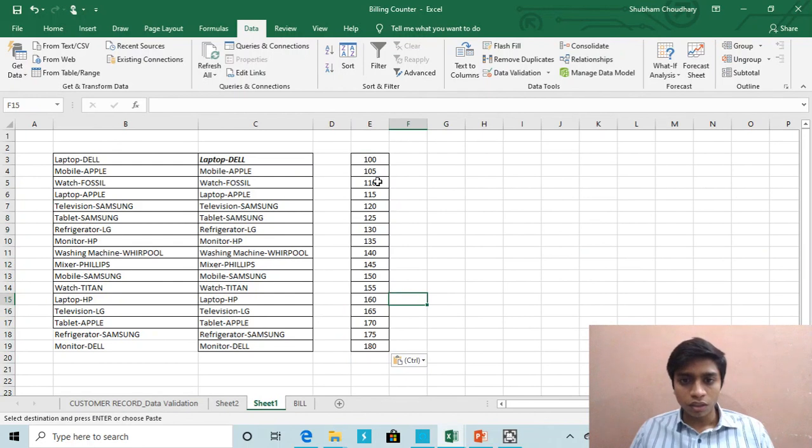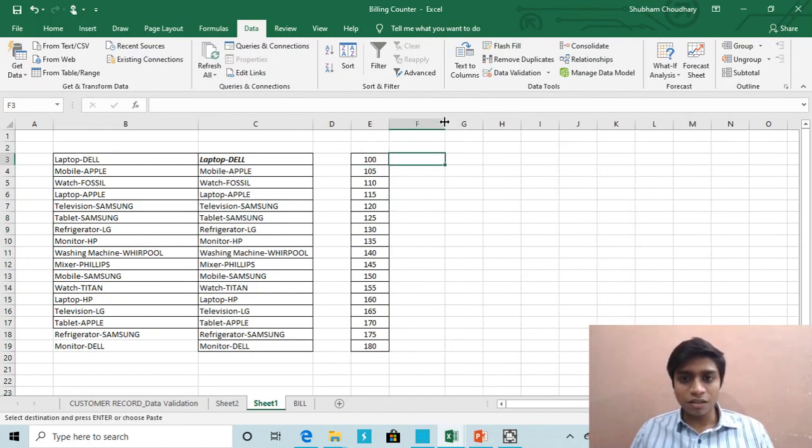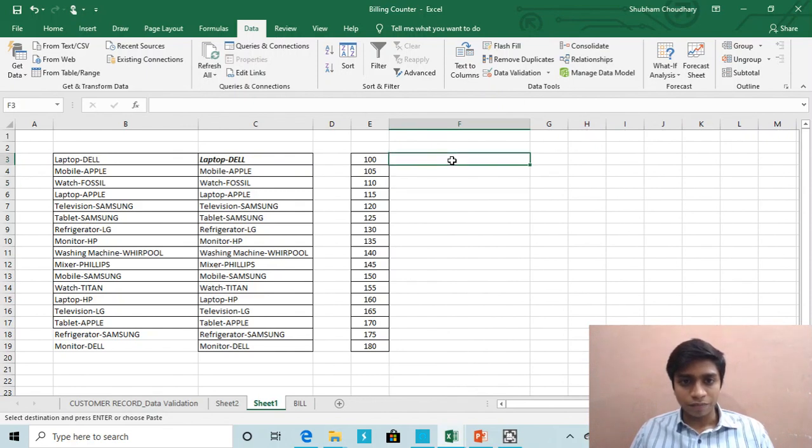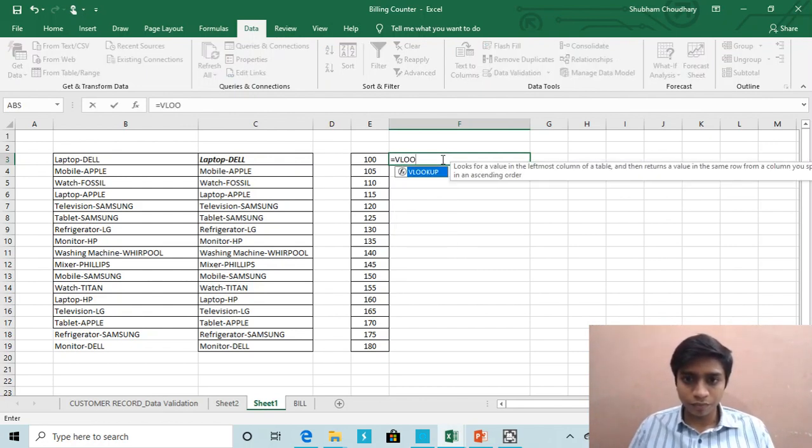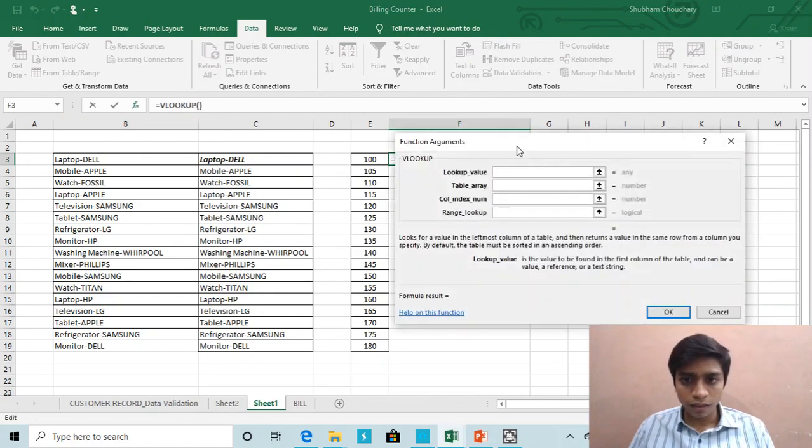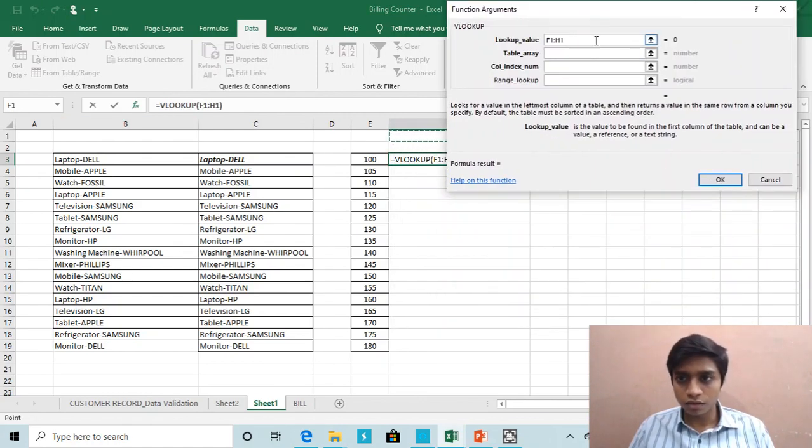Now if I want to have the price list here, I will again apply the VLOOKUP, and I want to have the price against the item code. So let's see how to do it. Equals to VLOOKUP, same lookup value, and this table array.